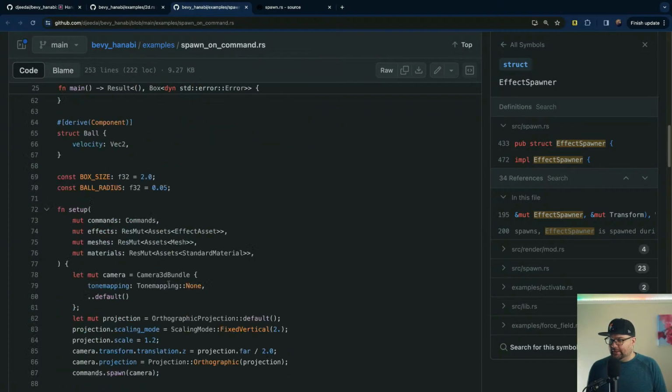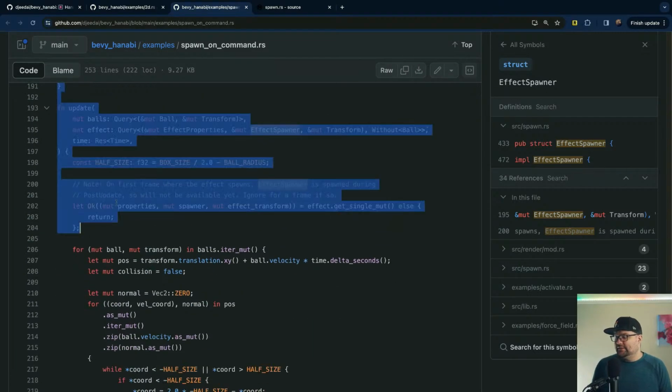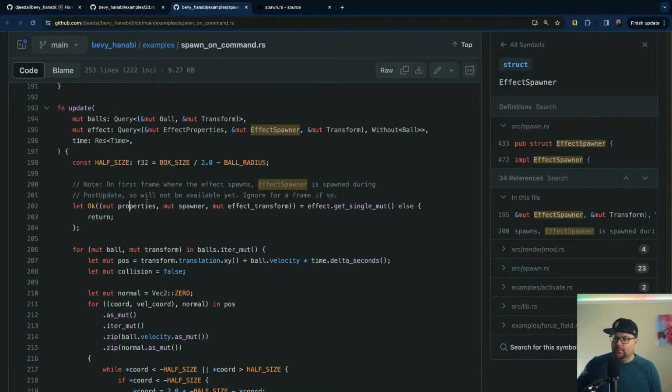Yeah, it's running in the update schedule. Okay, so it's basically saying that Bevy Hanabi is doing something in post update that matters. And it's possible that we won't be able to get the effect here. So this effect spawner in our query isn't going to exist until after we spawn